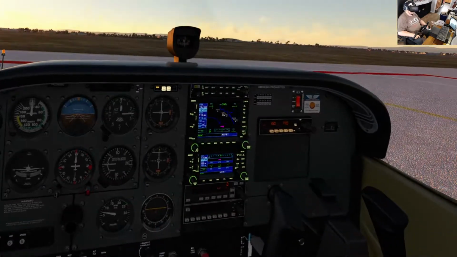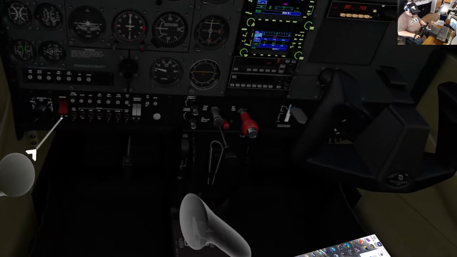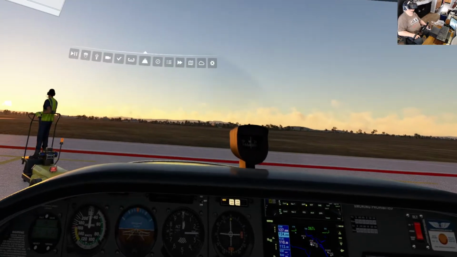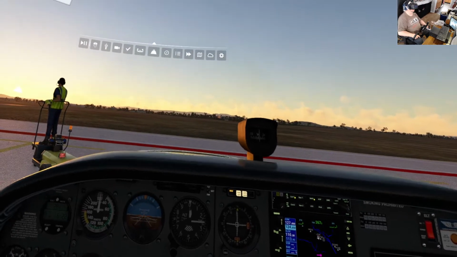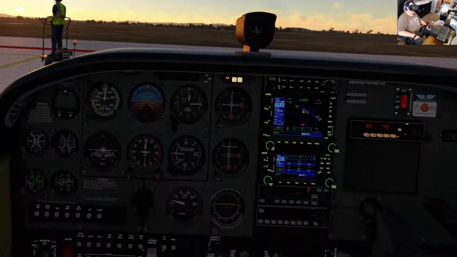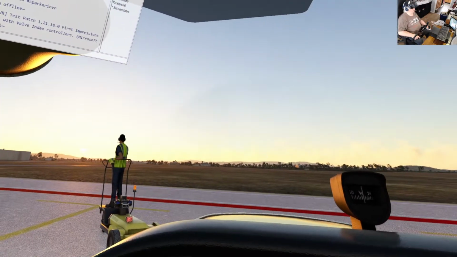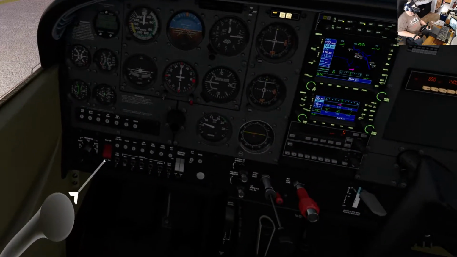So, trying to think what else I wanted to go over. Went over quite a few things. The VR toolbar. And I'm using a program called Voice Attack, which basically allows me to